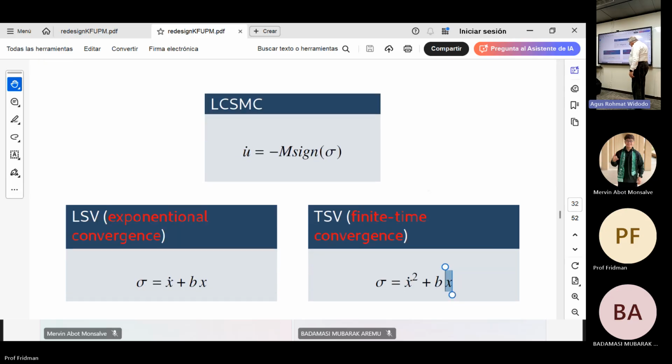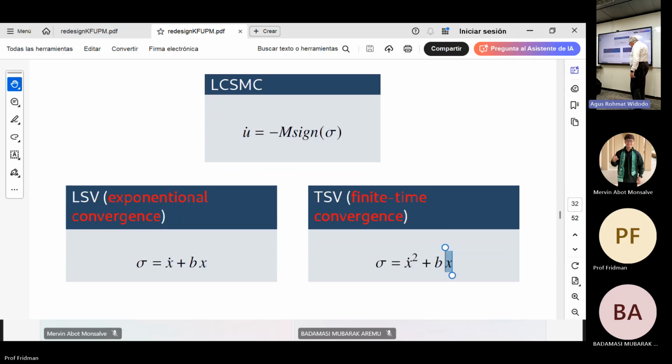Why is it good and why is it bad? The point is that if you see it from the viewpoint of a second order system, you will reach first here, and then you will reach here in finite time. So it looks much better,